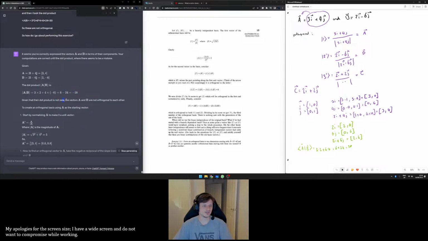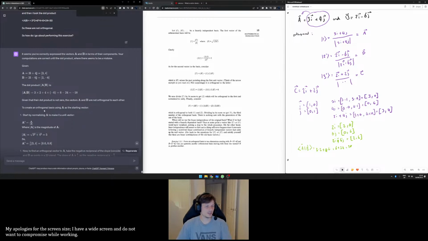Okay, cool. Given that it's not 0, the vectors A and B, let me just correct that. 4 times negative 6, I see. Because this is all negative. It's not plus, it's minus. Anyway,